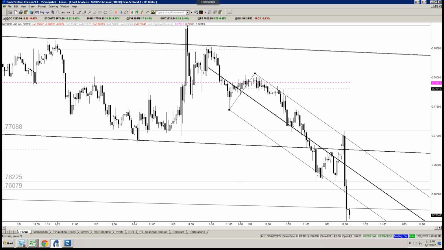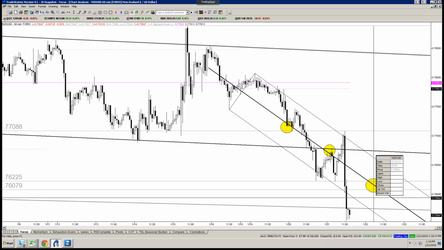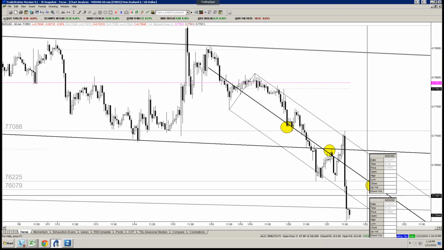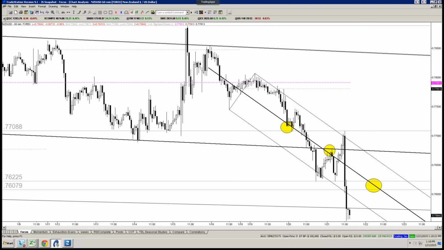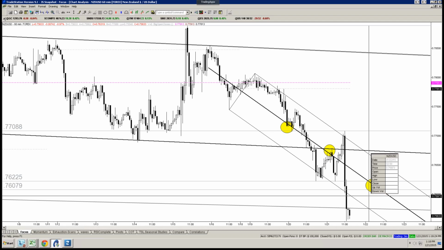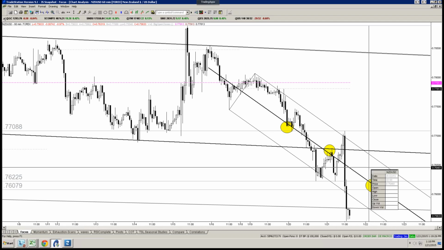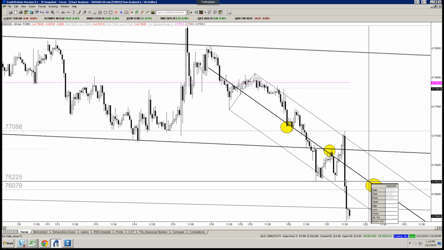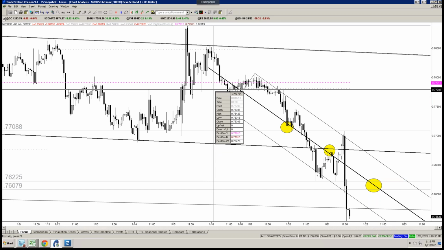Okay, you can see that it's acted as support before. It's kind of a consolidation here. We had some consolidation here last night. If we end up getting some more consolidation, you could get up to this median line and get 76.20 or so overnight. In fact, this would intersect in very early European trading on Kiwi dollar. And you say, well, how do I necessarily trade that?